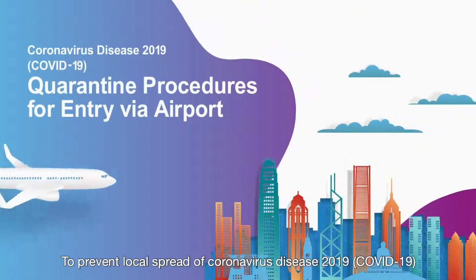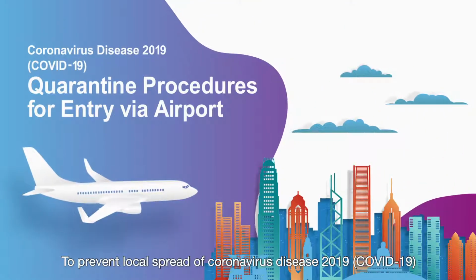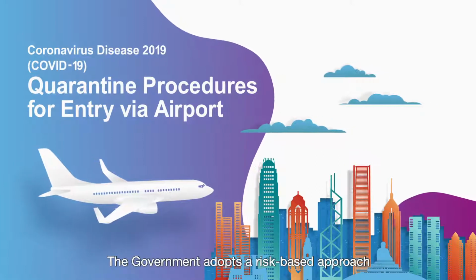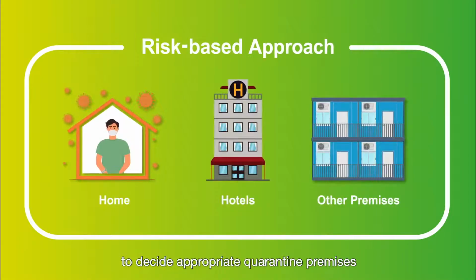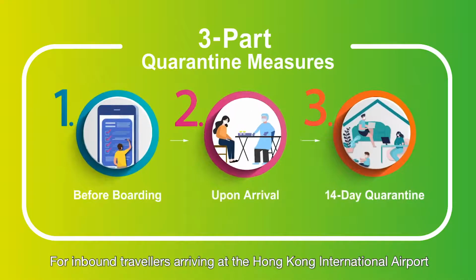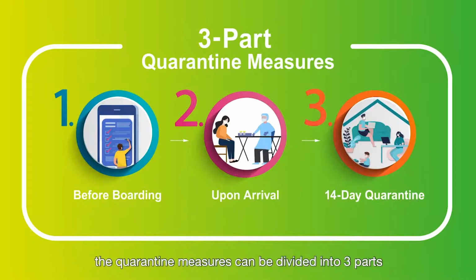To prevent local spread of coronavirus disease 2019, COVID-19, all inbound travelers need to follow quarantine measures. The government adopts a risk-based approach to decide appropriate quarantine premises, such as home, hotels, or other premises, for different groups of inbound travelers. For inbound travelers arriving at the Hong Kong International Airport, the quarantine measures can be divided